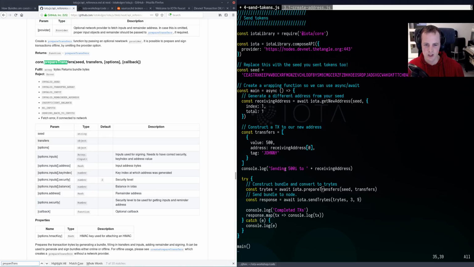So this actually takes our transfers and it converts the whole transaction into trytes. Could be quite handy. So this will create our trytes bundle basically, and it returns the trytes which we need to send to our node. So once this has been created using our seed and using the transfers object, which we have right here,